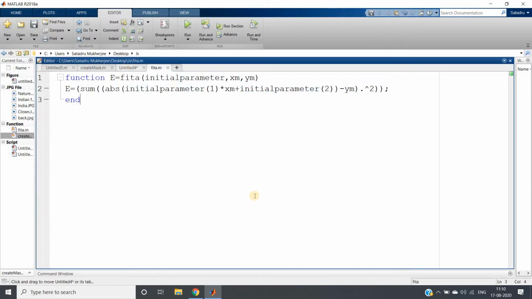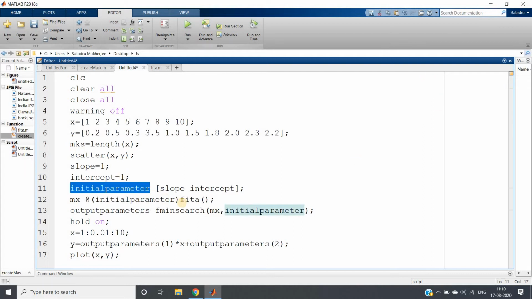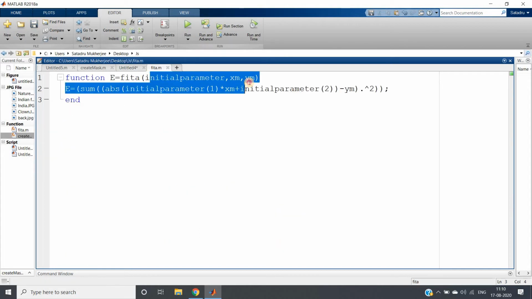All right, and here I will remove this particular part, and instead of that I will give the input theta. The parameters we will pass here: the first parameter is the initial parameter, and then x and y, because that is what we are passing. Initial parameter, xm, ym.